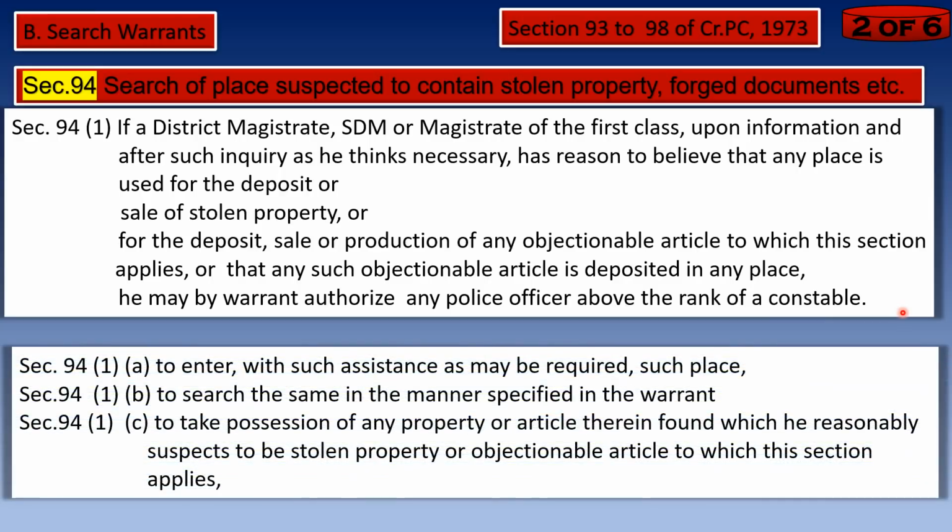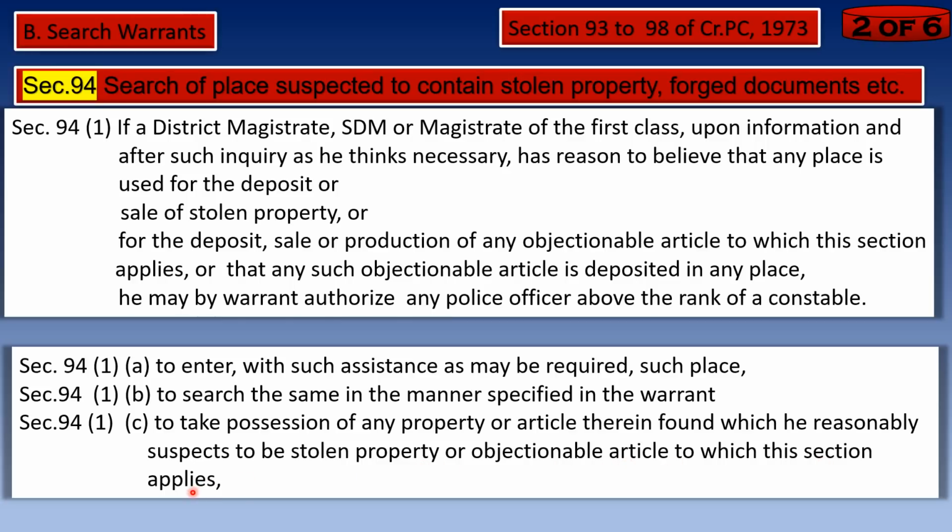Clause A of subsection 1 of 94 says, to enter with such assistance as may be required such place. Clause B of subsection 1 of 94 says, to search the same in the manner specified in the warrant. Clause C of subsection 1 of Section 94 says, to take possession of any property or article therein found which he reasonably suspects to be stolen property or objectionable article to which this section